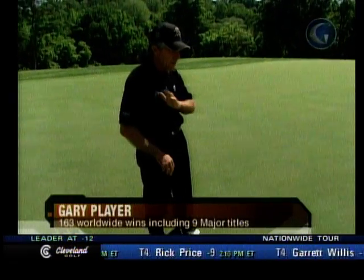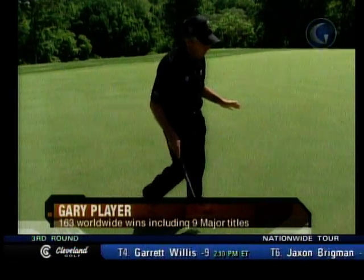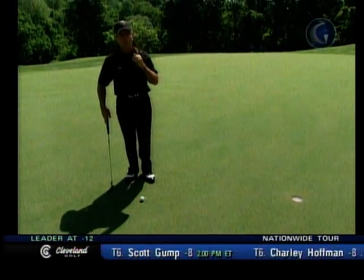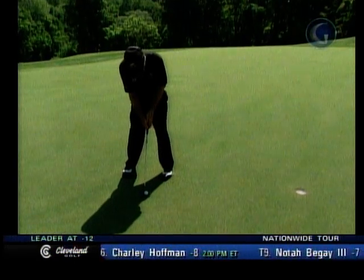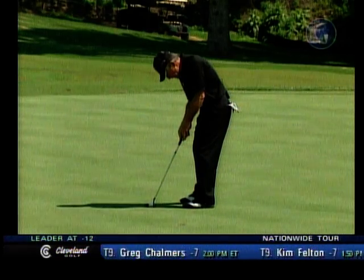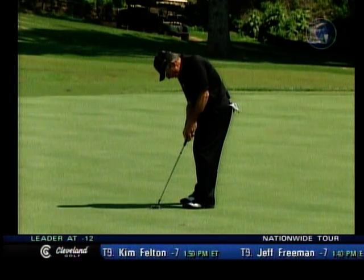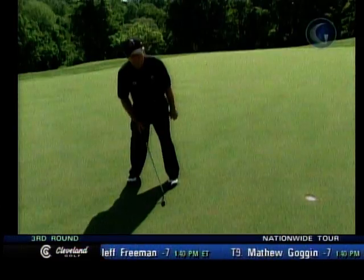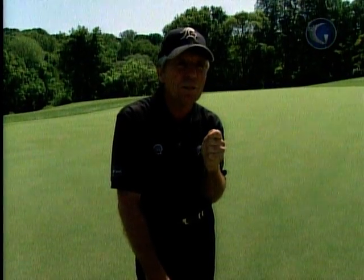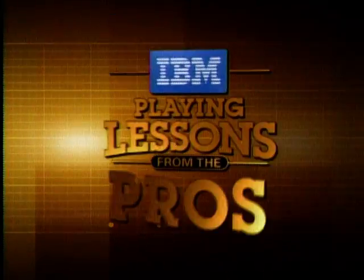I did this when I was young, and I still try and do it. On a putt this length, I try and never see it go in. Never. If I've got a putt like this, I know if it goes in because I got a saying, listen, don't look. So if I hold this, I know whether it goes in, and I know if I miss without even looking. So there's my eye on the ball. I know that's in because I heard it. That will save golfers so many strokes, but you know what? They can't do it because we're so full of ego, we're so full of lack of patience that we want to